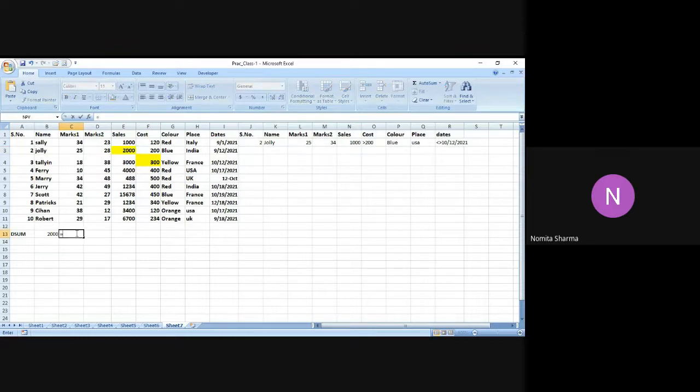Similarly, if I want to sum up the value, for example, I want to calculate the total sales done in a particular country. So I say again the database, and now the field. I have to be very particular about the spelling of the field which I'm going to use. So I want to know the total sales done in a country, say USA, and I close the bracket and press enter. So I have a zero over here. So sales, let me just check.